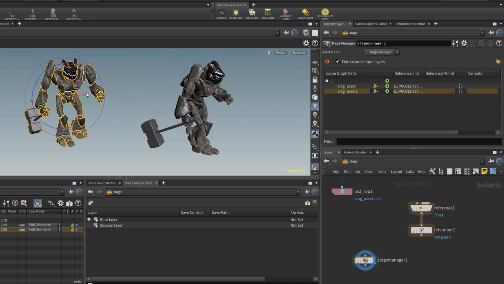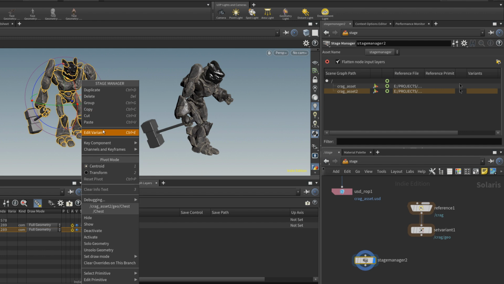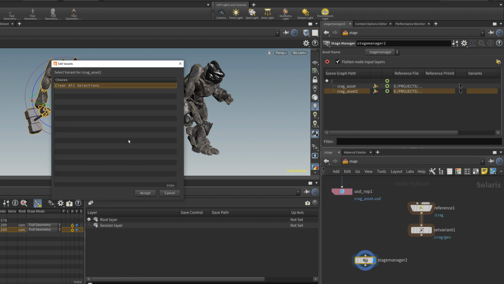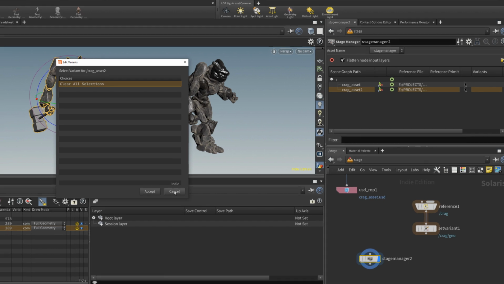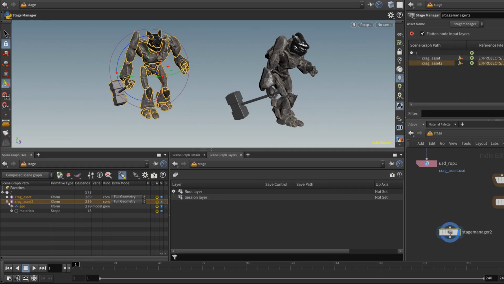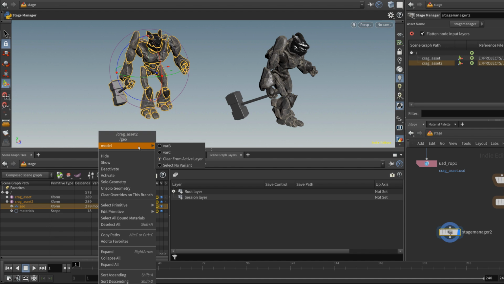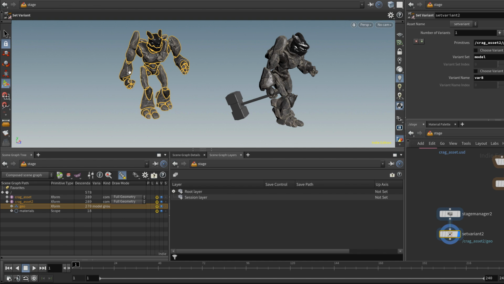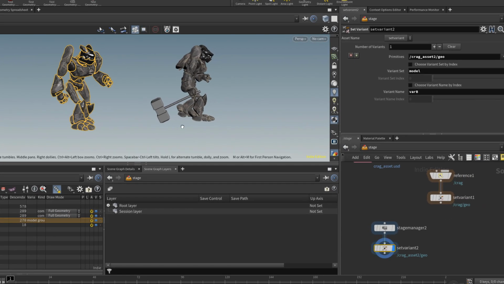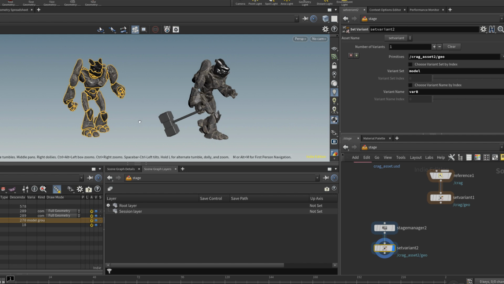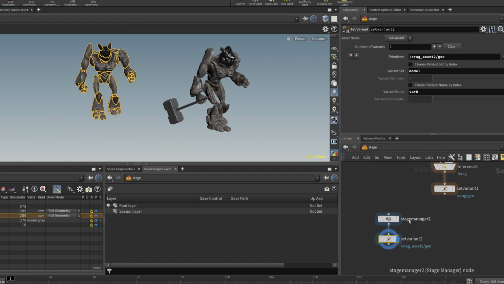And of course you can change the variant of this guy. So if I'm doing edit variant, in theory you should find them in here. It's just because I actually set my variant within the sub-hierarchy in Geo. I would just need to change the variant from here, model variant. And in this case, it's actually dropping a set variant for this one. So Stage Manager is one way to manipulate the layout of USDs, but we'll see that in Houdini 19, there are more ways to actually handle that. And that's pretty much it for today.